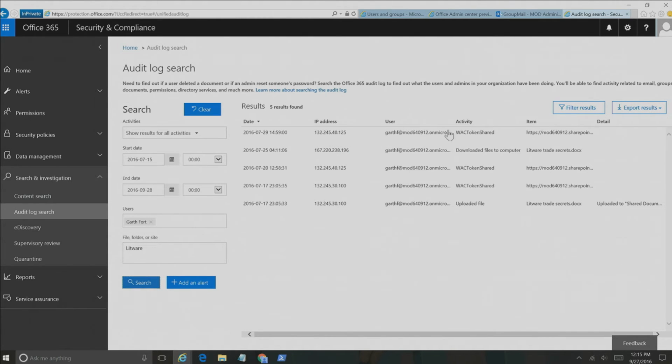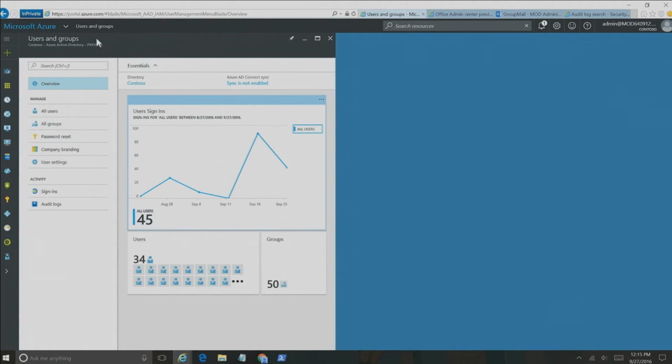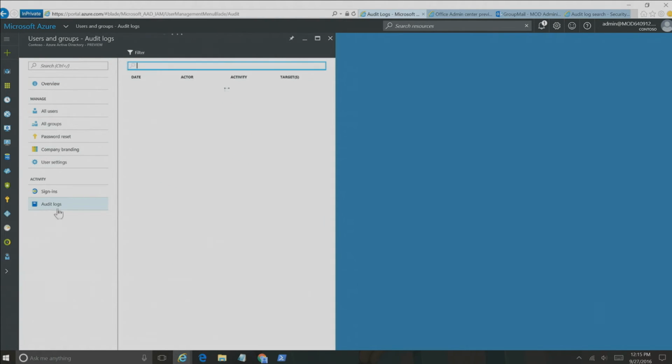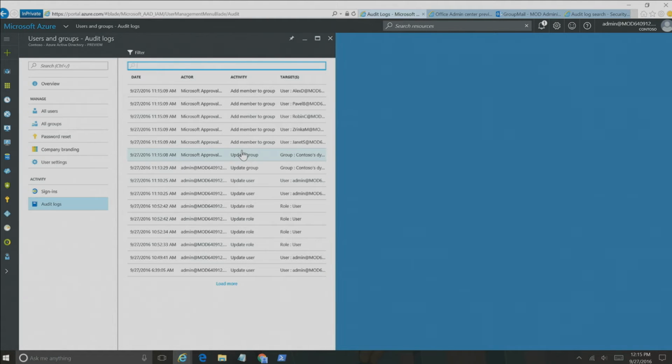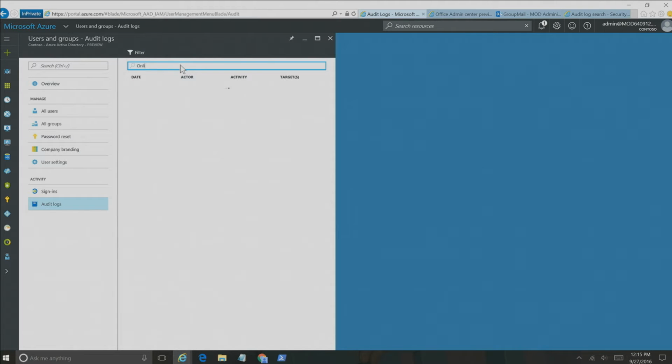Now, switching gears, if you wanted to understand similar depth of information about how groups have changed over time, you'd want to accomplish that in the Azure AD admin portal. And so if I go back to users and groups and I go to the audit log here, the audit log will show you in painstaking detail all of the modification and access that have happened with an Office 365 group in time, users as well. But it has great search functionality, so if you're really only concerned with the online marketing team,